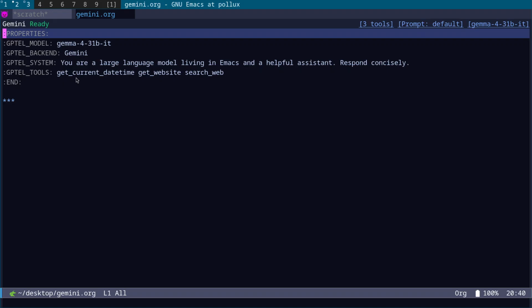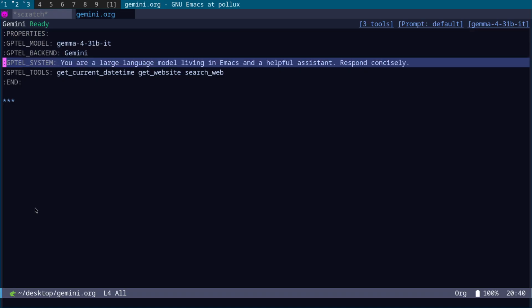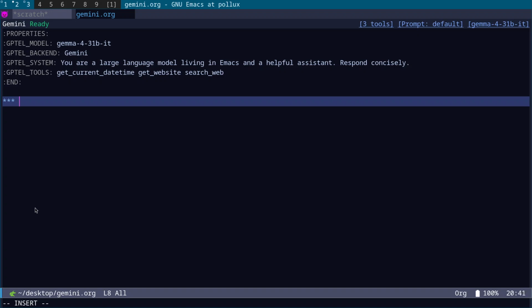If you close the file and reopen it, what you have to do is run GPTel mode, but that will throw an error because it's already got this bounds thing set up. So if you've closed the file, you delete the GPTel bounds thing, and then you re-enable GPTel mode, and it will carry on working. So what I can do is I can ask it the